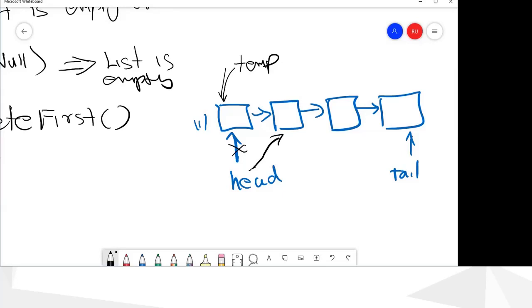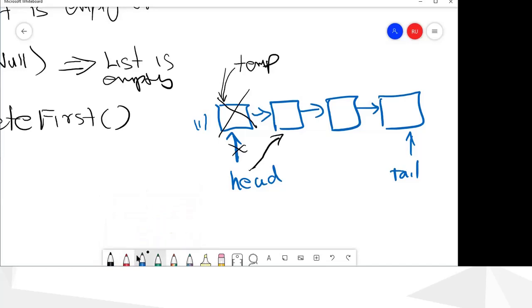You only have forward links, so from here you cannot go backwards. Because of that, first you use a temporary pointer to remember this one, then move head forward, then delete this memory, and reduce the size.